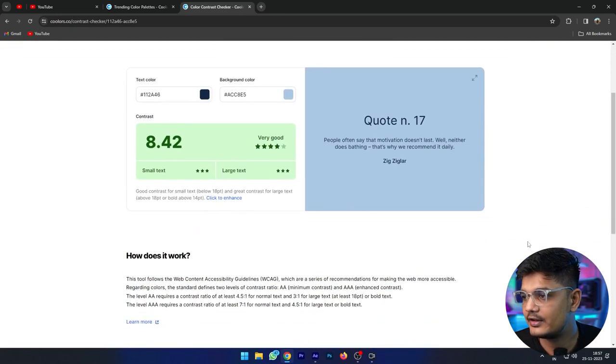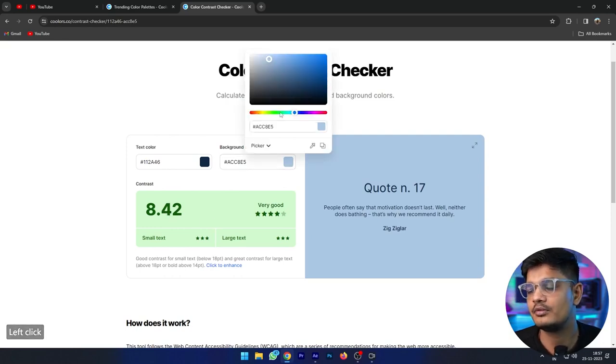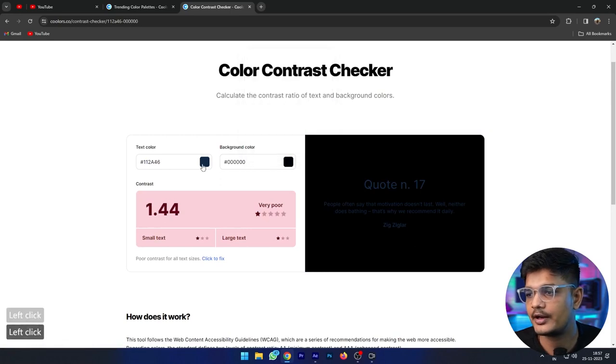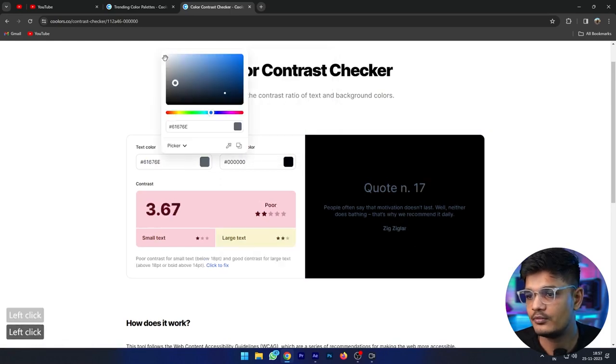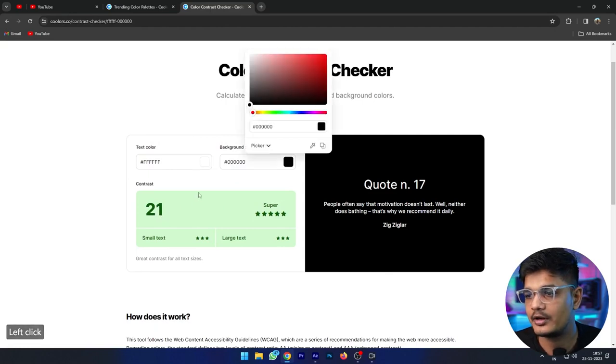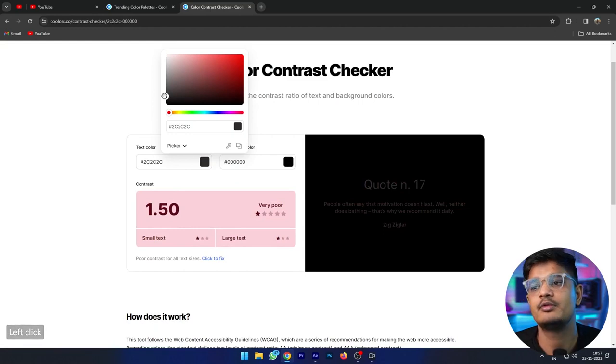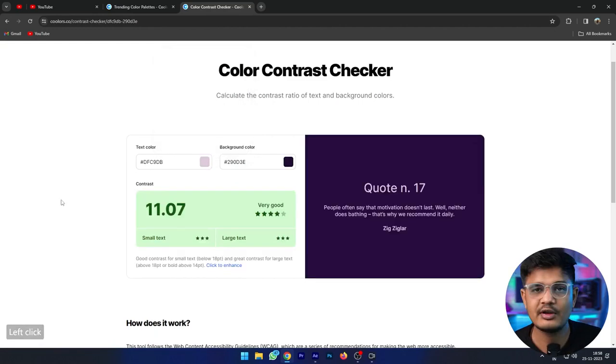This is the background color, this is the text or foreground color, and it will give you a score. We all know black and white is very contrasting, so it is giving a score of 21. But if I use gray, then it is giving 1.5. This is how you can check contrast from here.